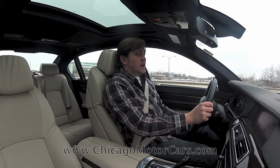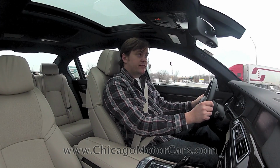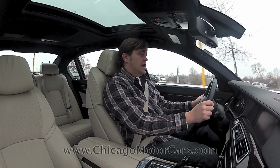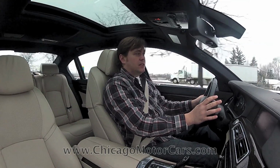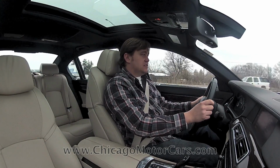So at the heart of the car, you've got the 4.4-liter twin-turbocharged V8 engine. It's rated at 400 horsepower, 400 foot-pounds of torque. And that's a lot of power. But the real part that the story doesn't tell, just by looking at the numbers, is the way that power